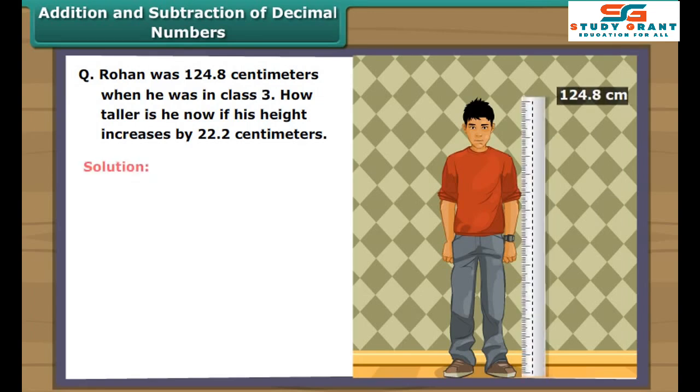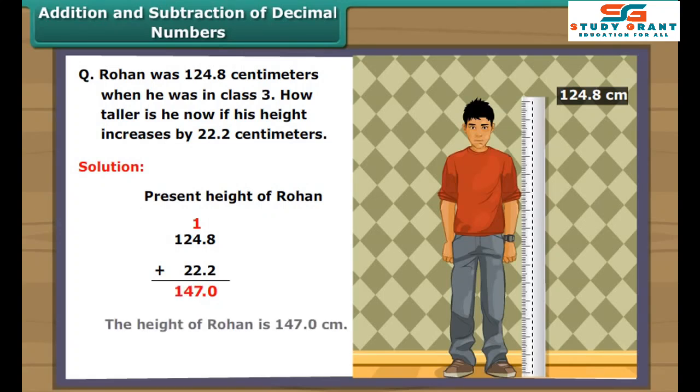The height of Rohan is equal to 124.8 centimeters plus 22.2 centimeters. Remember, while adding the numbers, the decimal point of another number lies exactly below that of first number. We add first the digits at the right side of the decimal, followed by the addition of digits on the left side. The sum of 8 and 2 gives 10. We write 0 at the bottom and 1 as a carryover on 4. The sum of 1, 4 and 2 gives 7, and 2 and 2 gives 4. Thus, the height of Rohan is